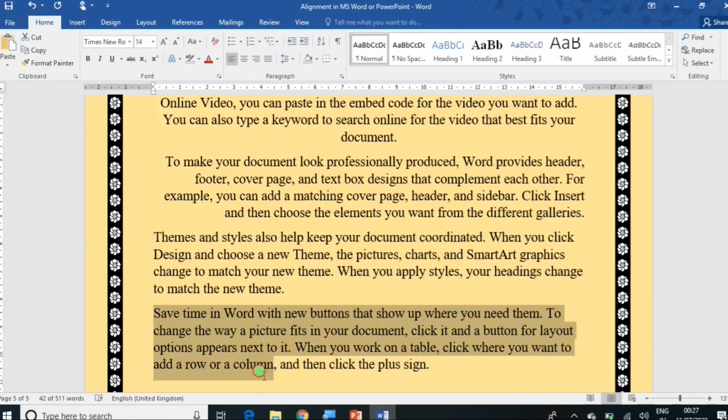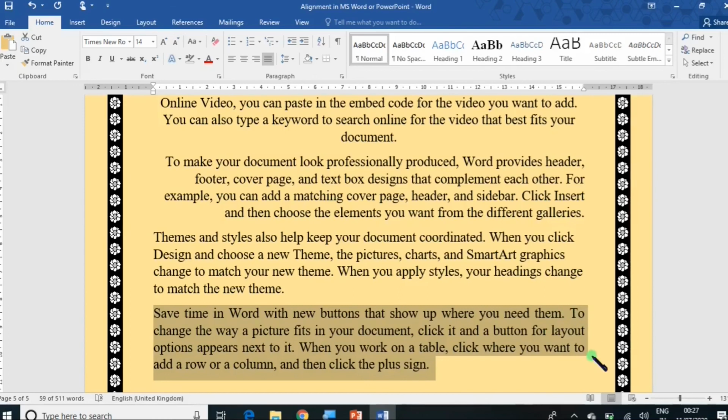If I select this paragraph, see, uneven patterns are there. If I click the justified alignment in the Paragraph group, see, no uneven pattern is there. That is the best benefit of applying justified alignment.